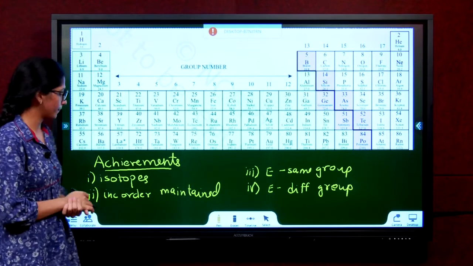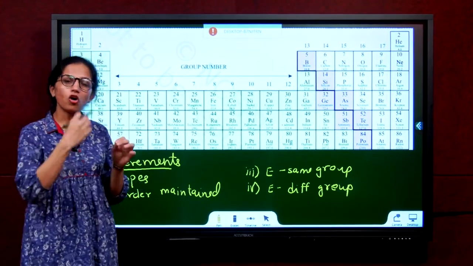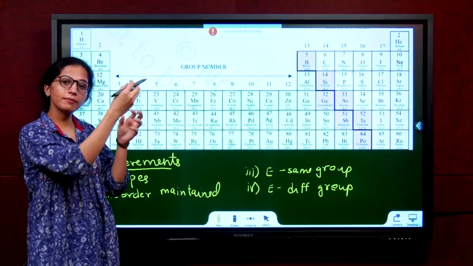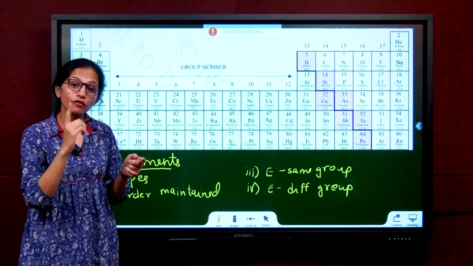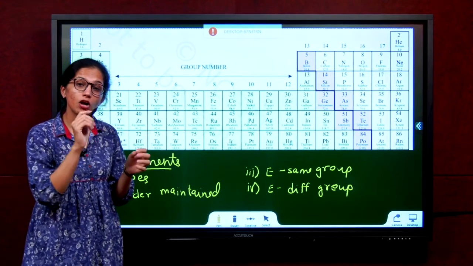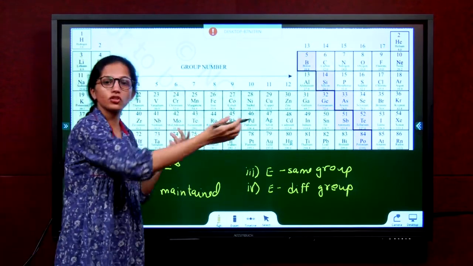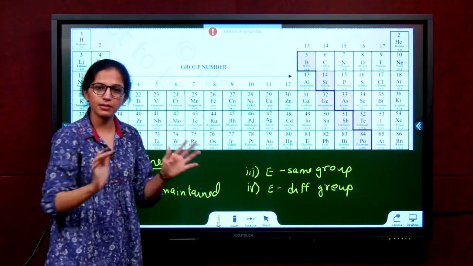One problem solved. Next, in Mendeleev we said that the order was not increasing. Sometimes we saw it was 50.9 and then it became 50.7. Order was not increasing. And also we saw that the order of the mass was not regular. From this it is becoming 3, then plus 1, then plus 2. It is not in order, plus 1, plus 1, plus 1, plus 3, plus 3, plus 3.